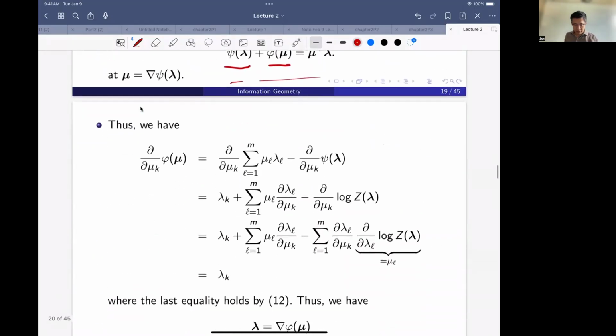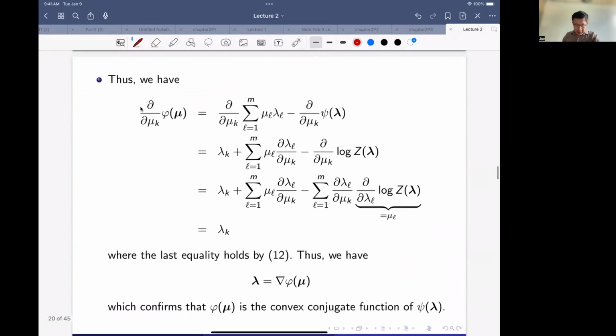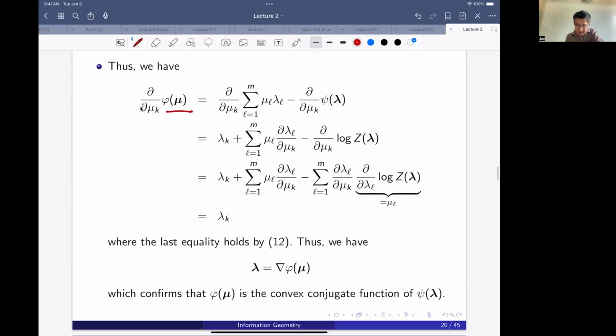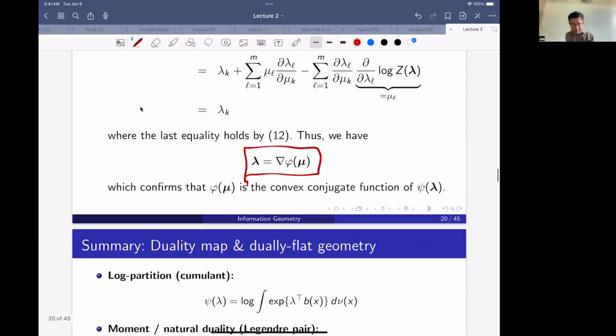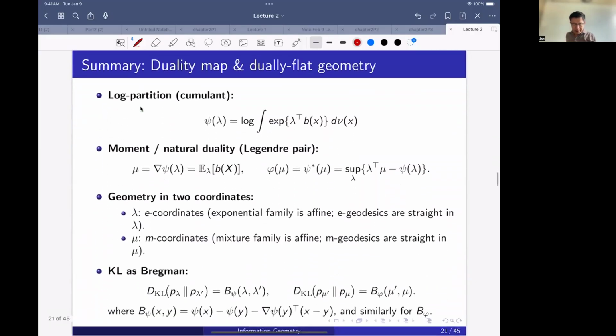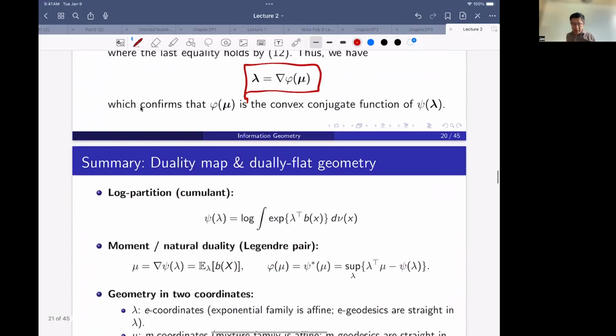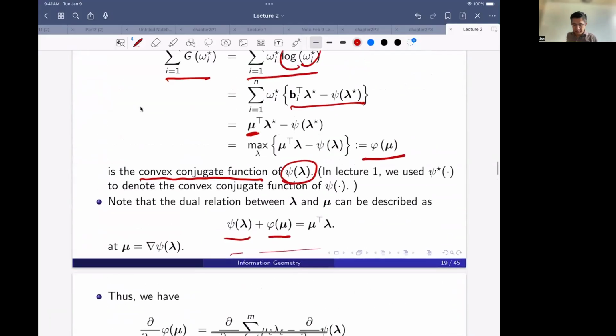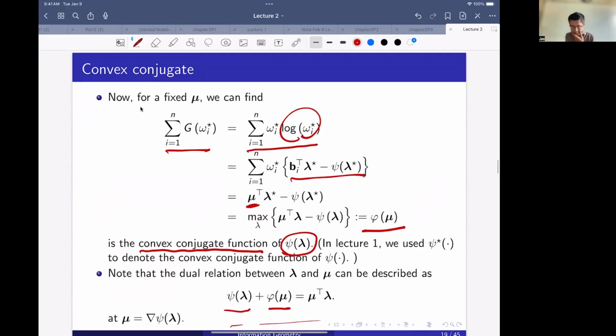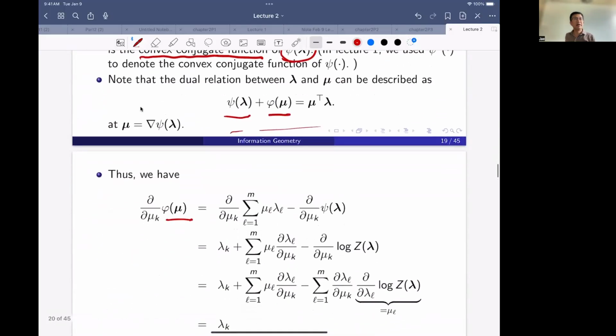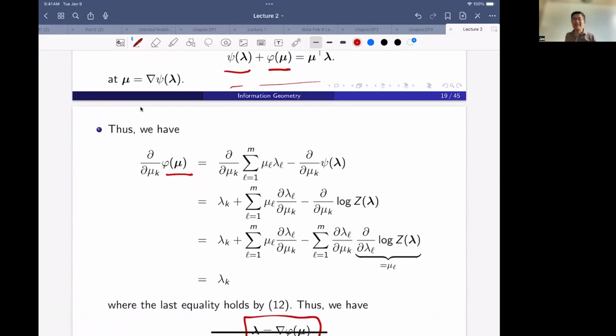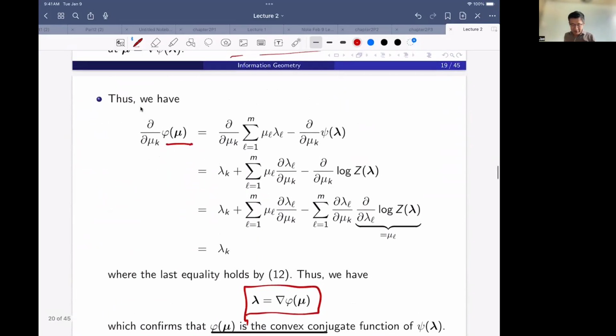So the dual relationship between psi and phi has this, and so it turns out that this phi function satisfies, after some algebra, you can see that this guy satisfies this. So there's actually a nice dual convex conjugate property. So here's a summary. Is it okay, maybe I'm too fast? Okay, is it okay? Okay. So yeah,